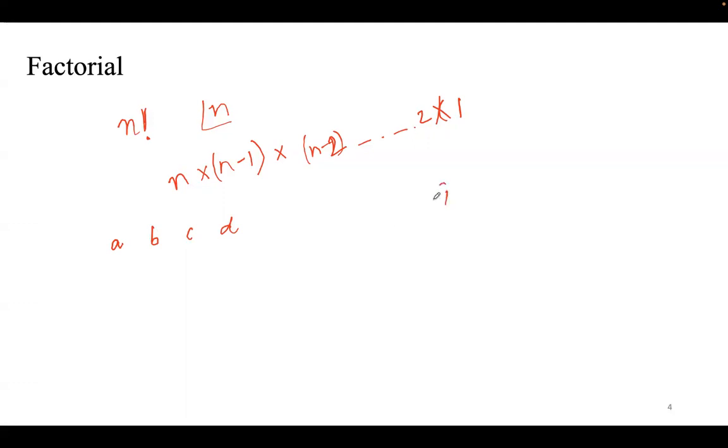So 4 factorial. When we are saying 4 factorial, we are basically doing 4 into 3 into 2 into 1. Before we go into this arrangement, the assumption is that we are talking about 4-letter words. We're not saying a single letter word and a double letter word and a triple letter word or a 4-letter word. Then the number of possibilities is going to increase. So here the length of our selection is constant. That's the first thing.